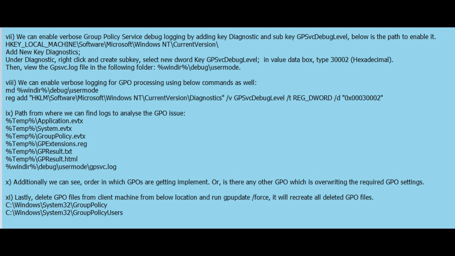Below is the path to enable it. HKEY_LOCAL_MACHINE/Software/Microsoft/Windows NT/CurrentVersion. Add new key Diagnostics. Under Diagnostics, right-click and create sub-key. Select new DWORD key GPSvcDebugLevel. In value data box, type 30002 hexadecimal. Then, view the gpsvc.log file in the following folder: